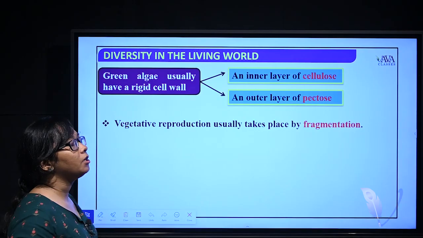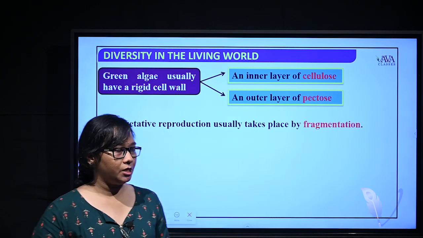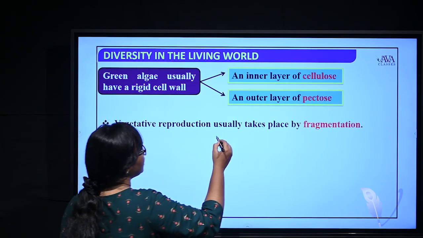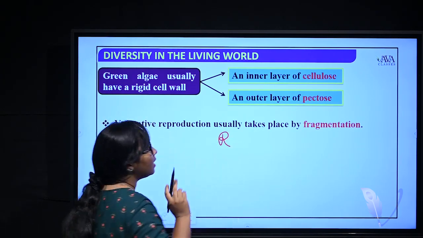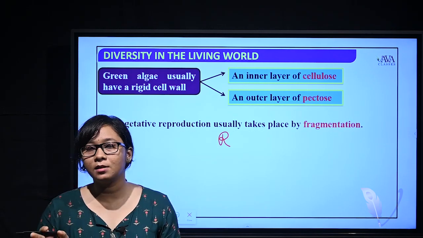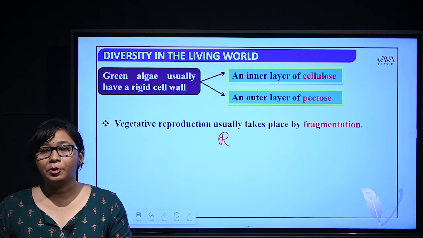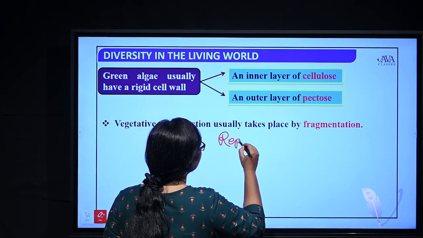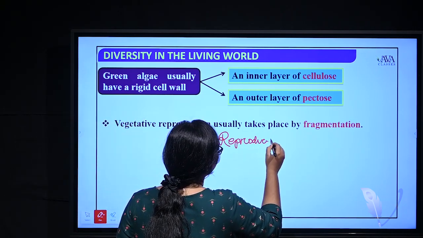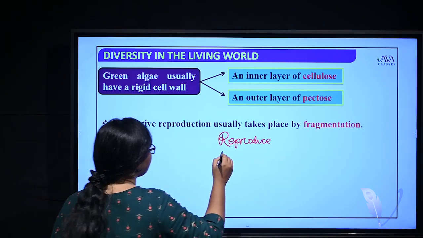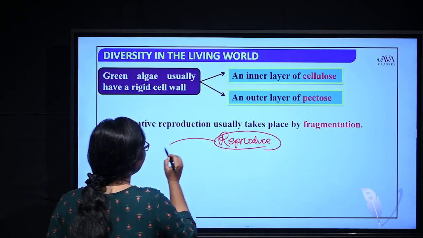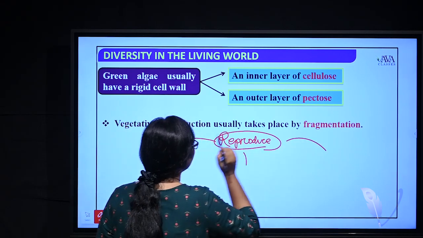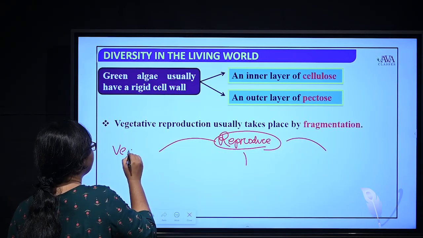Let's talk about the reproduction of the green algae. Green algae can reproduce as algae. They are lower organisms, so they can reproduce in 3 different ways. One is vegetative,